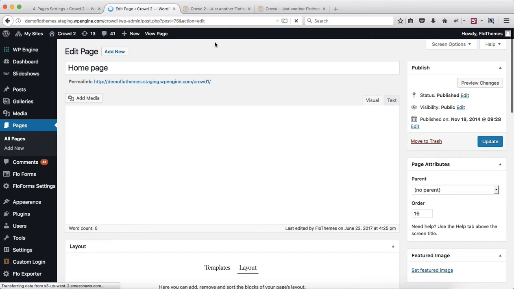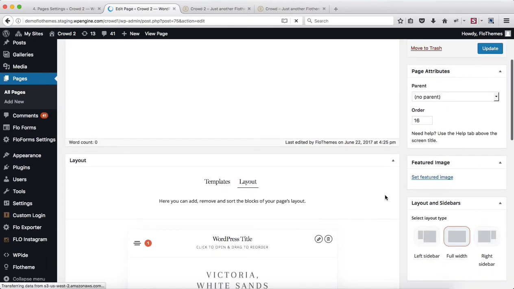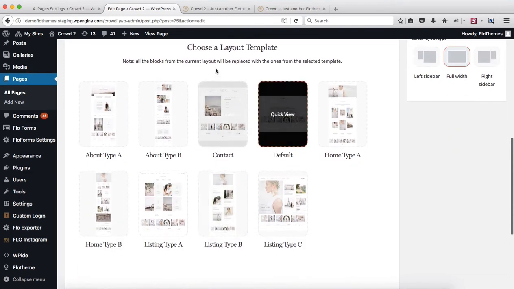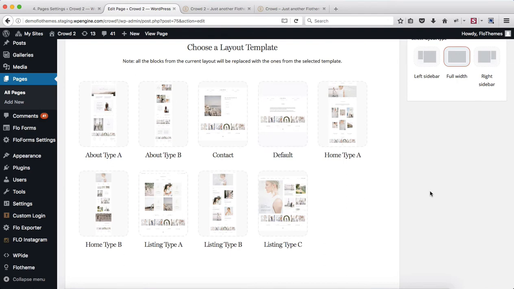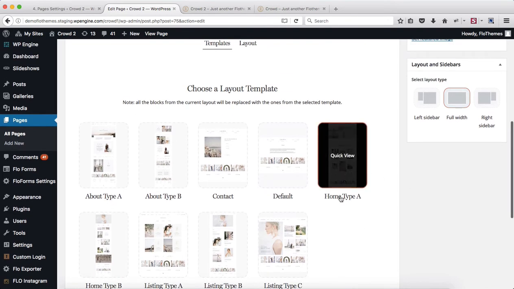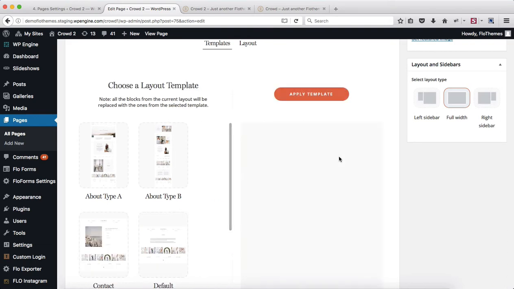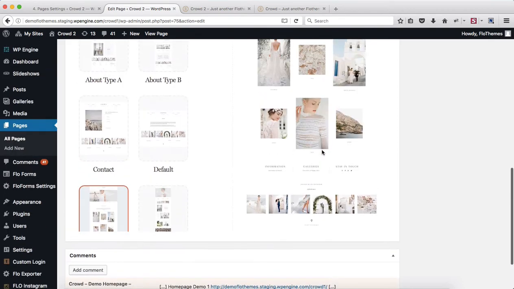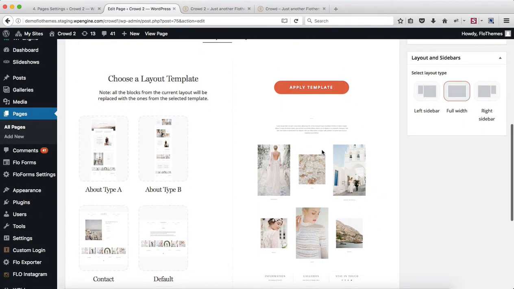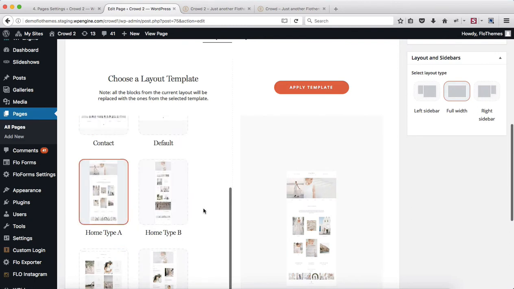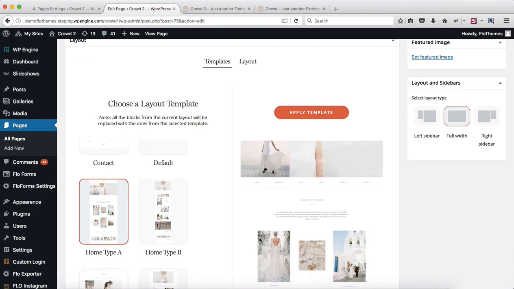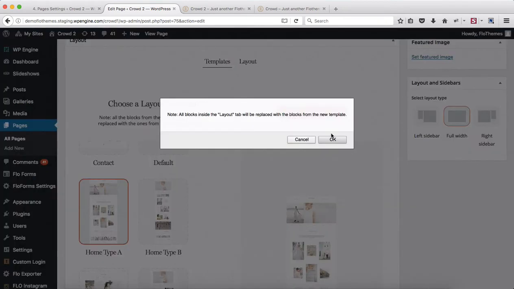One thing to keep in mind is that we no longer have the templates section within our right hand column. Everything has been moved over to the middle of the following page, where you have a number of templates to choose from. Okay, so we'll go ahead and click on Home Type A, and as we click here, we go into a quick preview where you can zoom in to the following page and just kind of get an idea of what that layout will look like for you. If you do not like it, go ahead and switch that page template. Once you've decided on a specific page template for your home page, go ahead and click on Apply and then